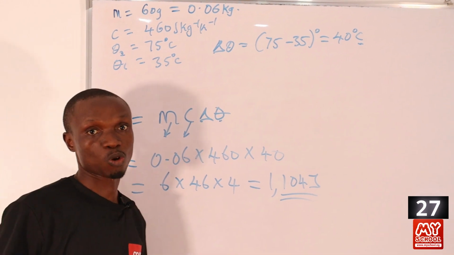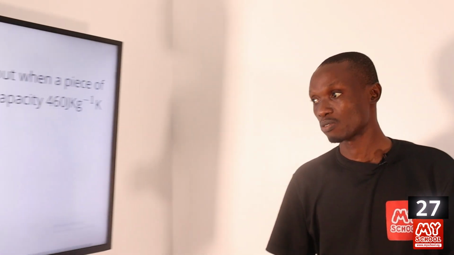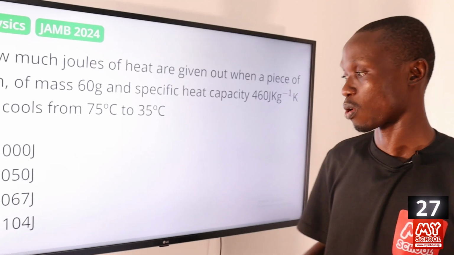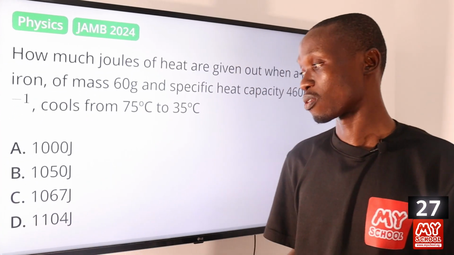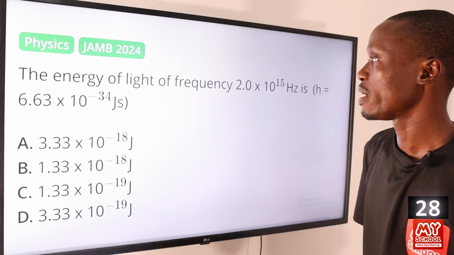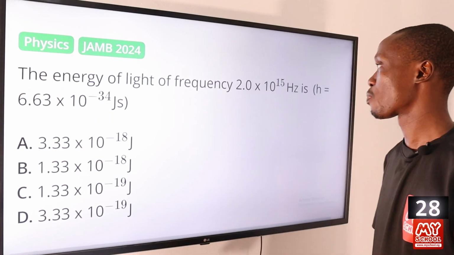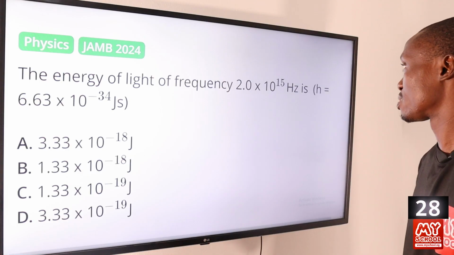So let's return back to the screen to pick the correct answer to this question, and that is option D, 1104 joules. Question 28. The energy of light of frequency 2.0 times 10 raised to the power 15 Hz is,